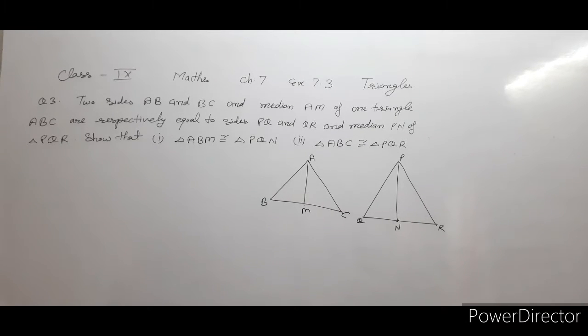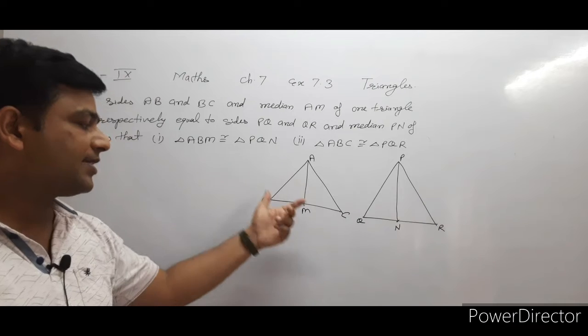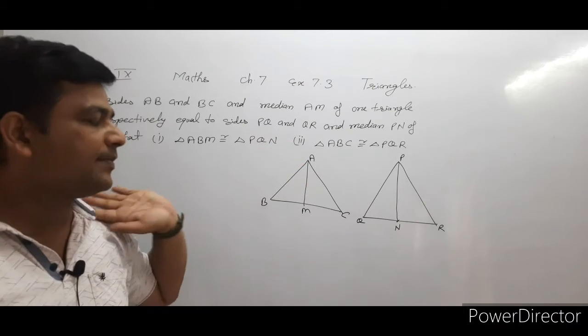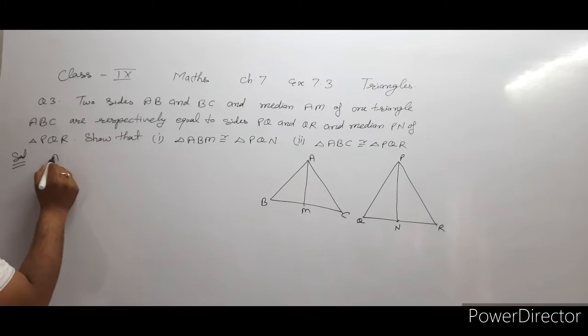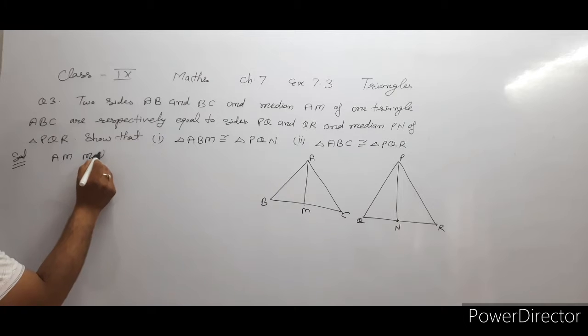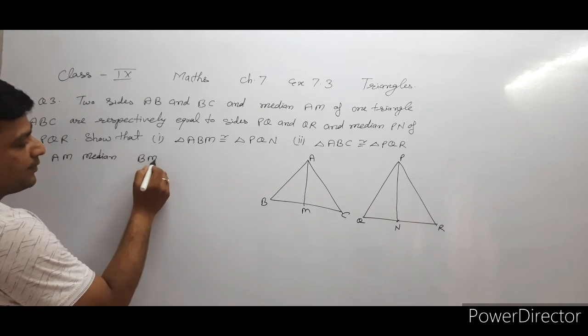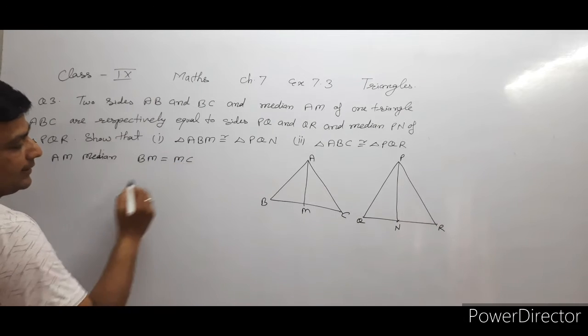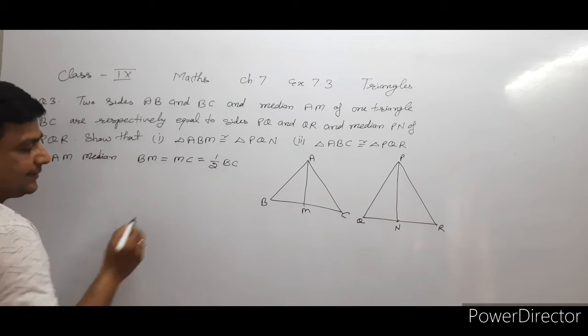It is like that: two sides AB and BC and median AM. It means this side AB, this side BC, and median AM. AM is the median. Median means which divides the opposite side into two equal parts. That means BM is equal to MC, that is equal to half of BC,